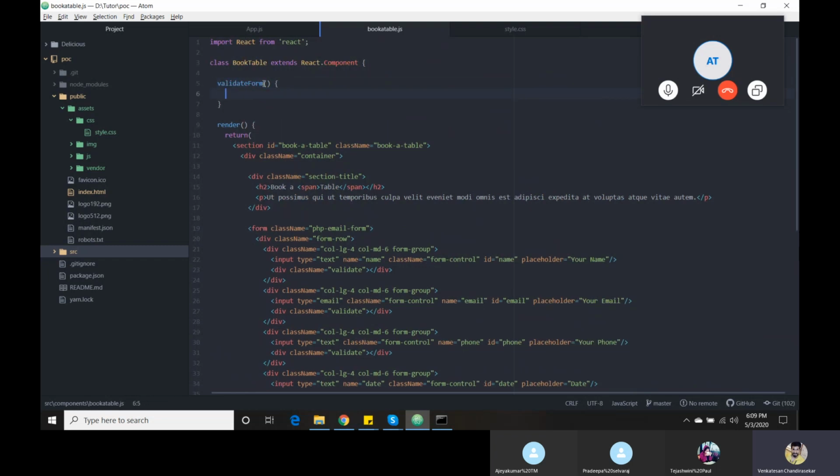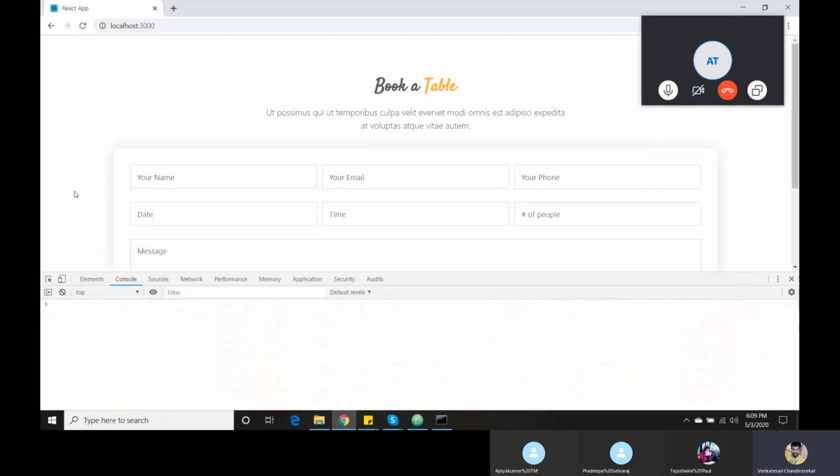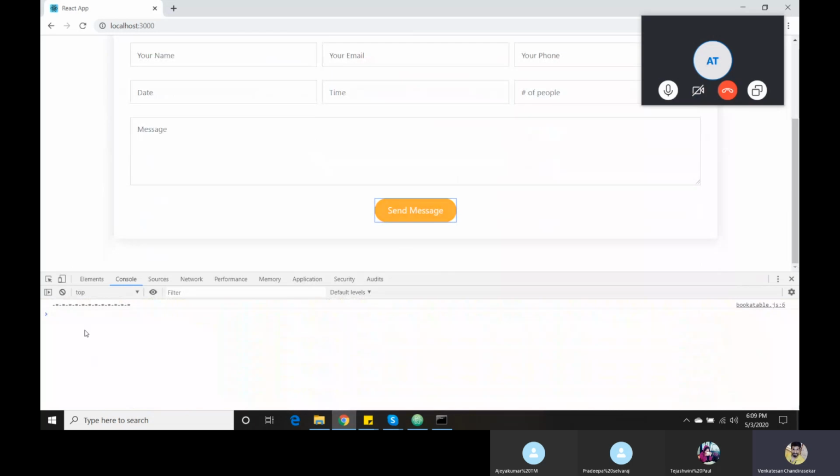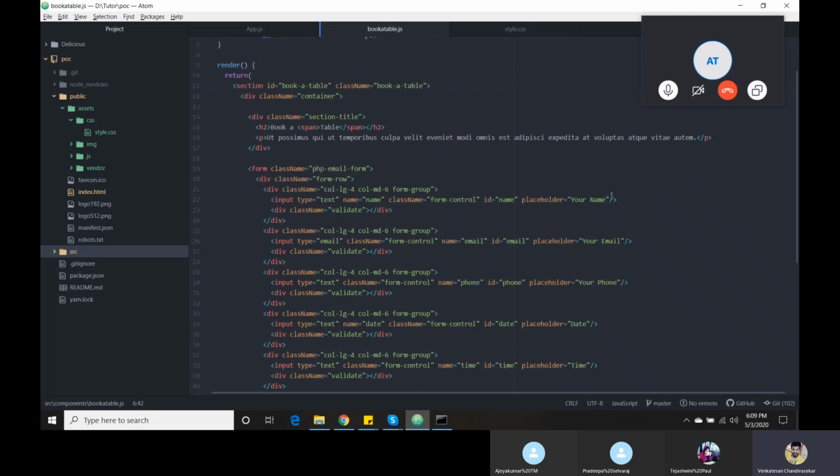Now it's fine. Now I am going to give console.log. The reason is to ensure whether it is working. It is working. Then, as I said earlier, how do we get the value of first name and last name?